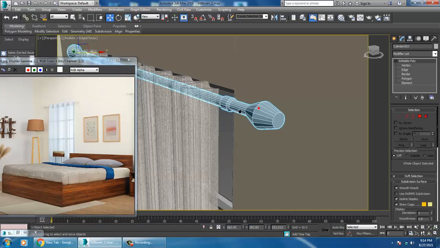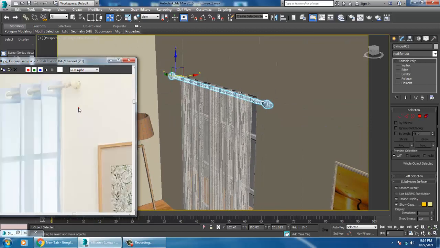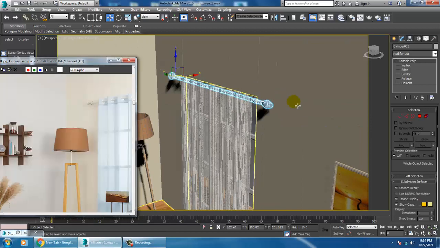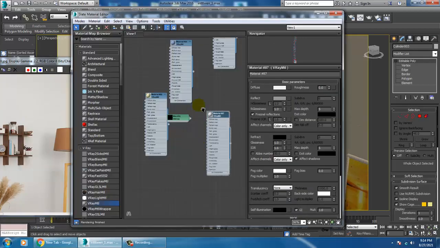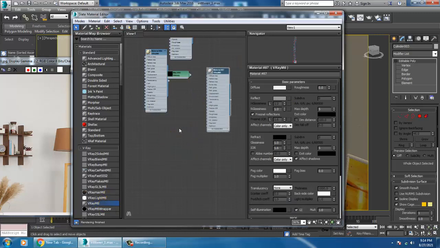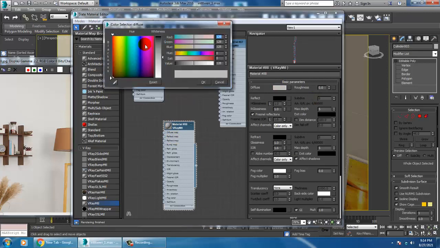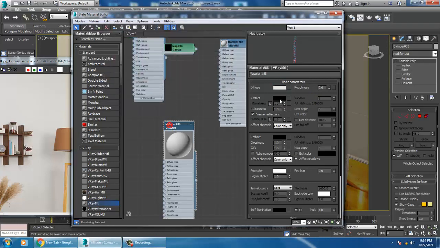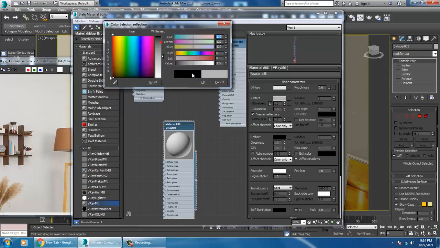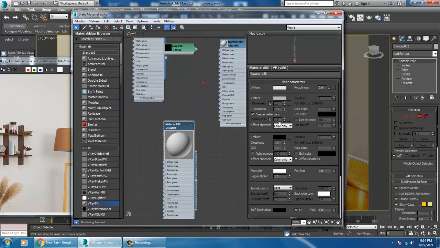For this also, you can assign a bit of a metallic. So let's go into V-Ray material over here. Let's just give a white color or creamish color. Let's go into reflectivity, and I have this Fresnel reflections. I can just add some kind of reflectivity to it if required.